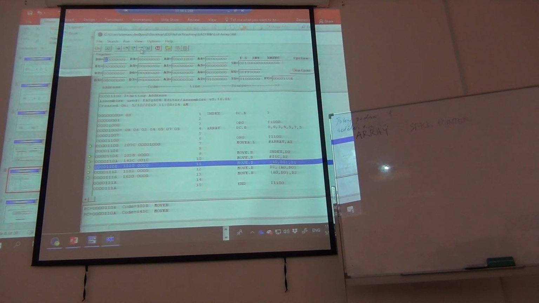Now is the moment of accessing the array. Look carefully, where does it access? So move dot byte, A0, which is equivalent to 1000, D0 is equivalent to 3. So what is the element that is going to be put at D1 from the array? That is the index number 3. So you are starting from here. The index number 3 value will be